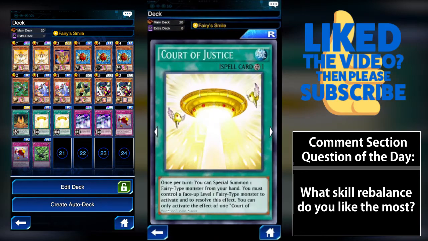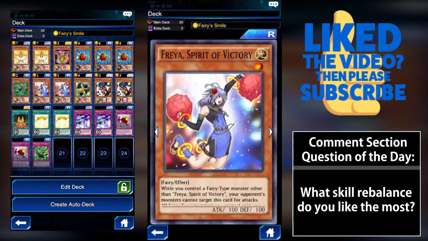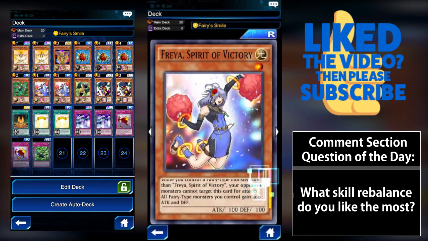On top of that, this deck is also focused around Court of Justice, which allows you to special summon one fairy type monster from your hand as long as you control one fairy type monster on the field. That's level 1. And for that I have my Freya, because this will allow me to, first of all, buff up my fairy types,